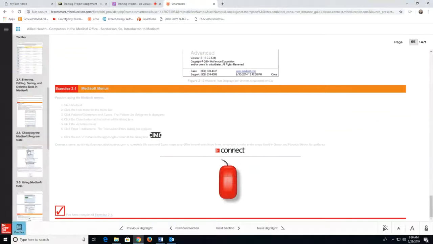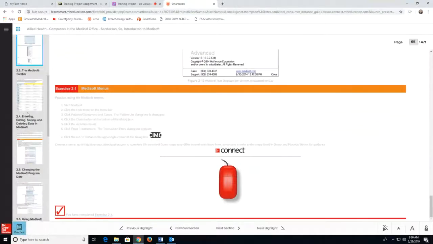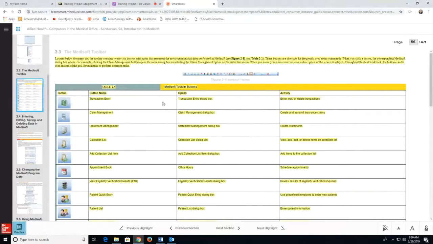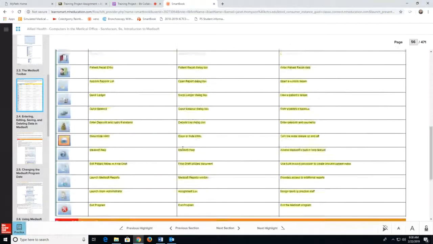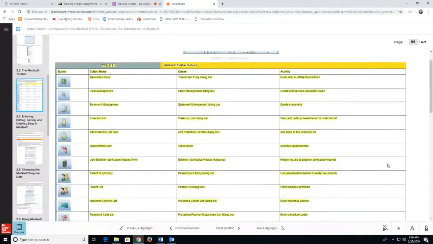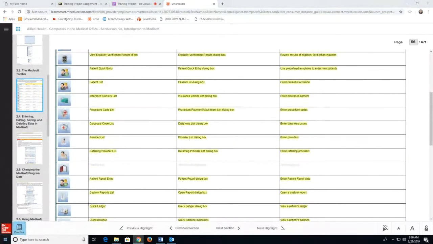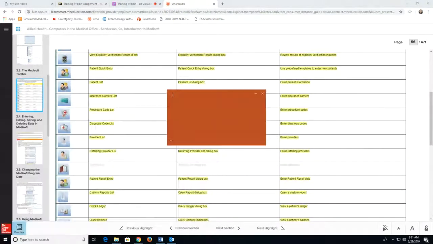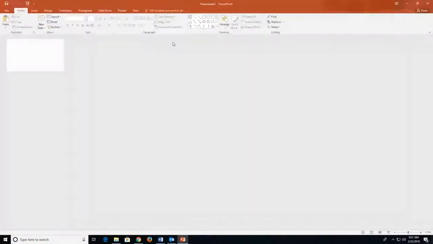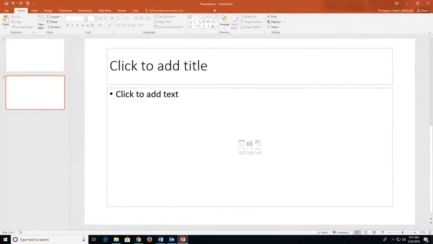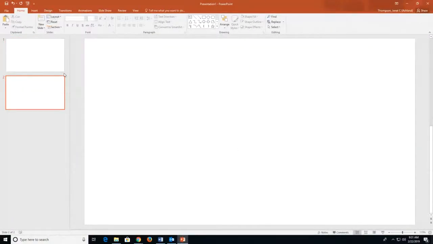So that's one section. And then I may decide we also are going to focus on the Medisoft toolbar. And I could possibly include information like this in my PowerPoint slides. Let's see how this would copy. And this whole table is not going to fit in a PowerPoint, but let's see how this